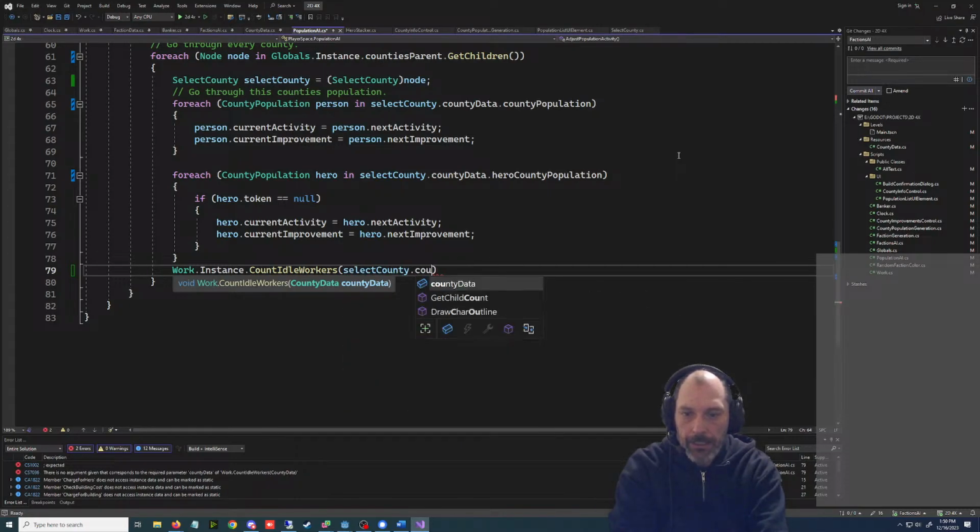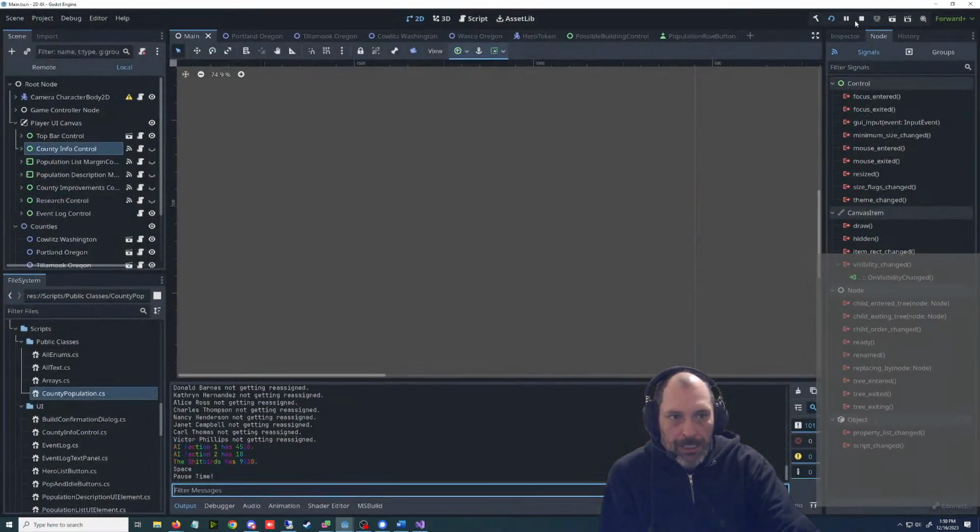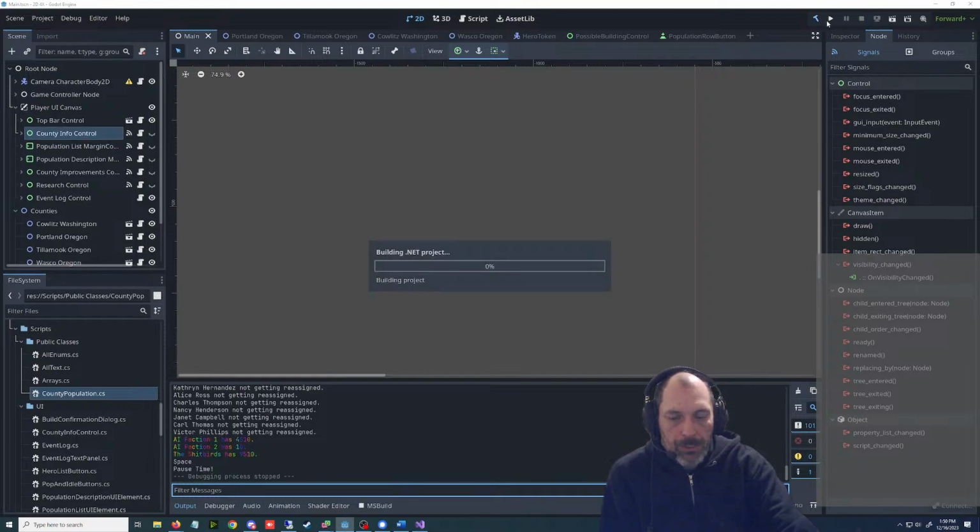Select county data. And probably I'm forgetting something. Whoops. But we will see soon enough.